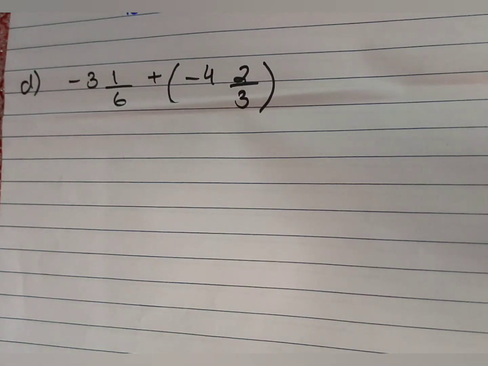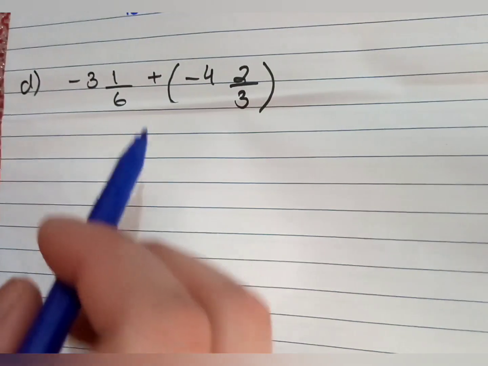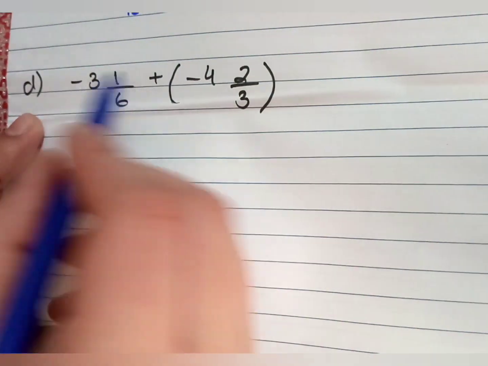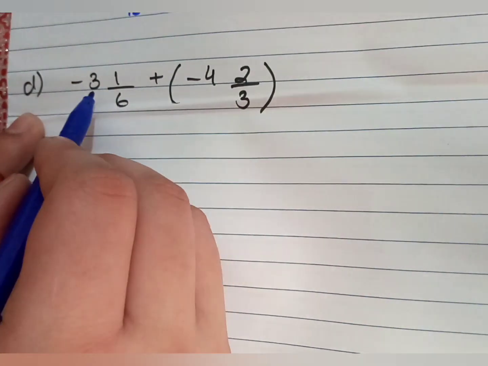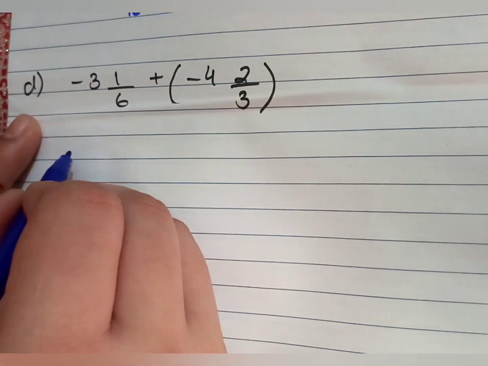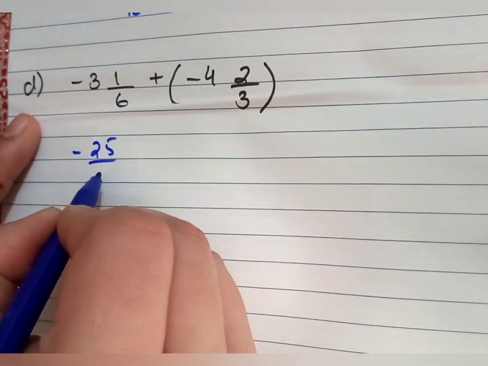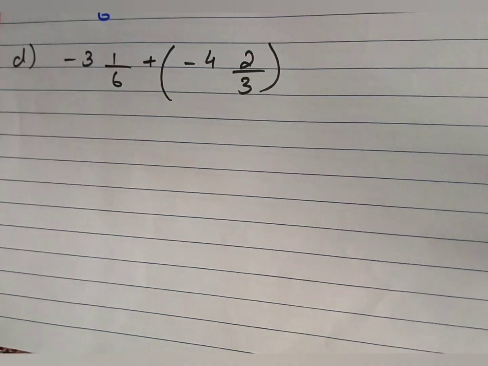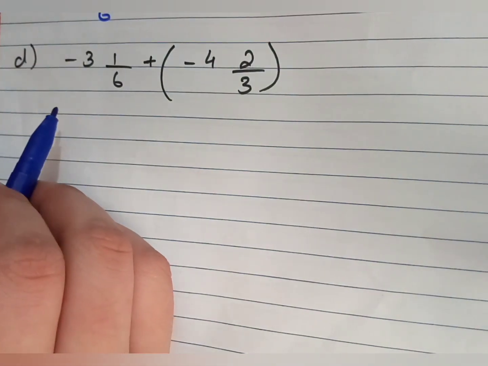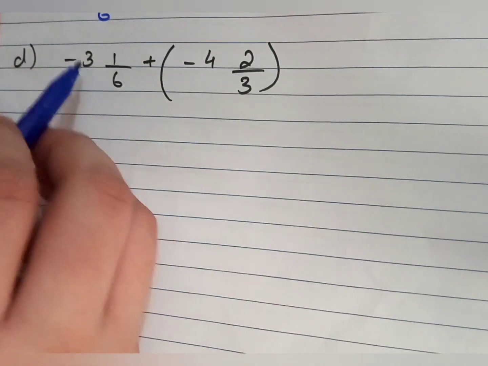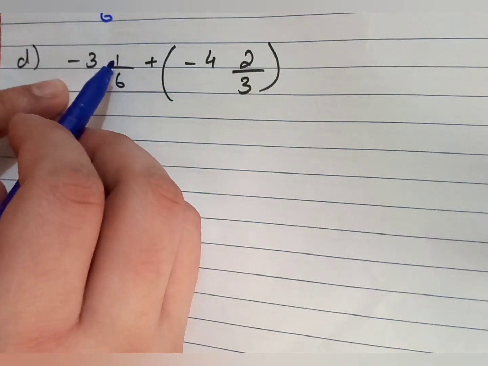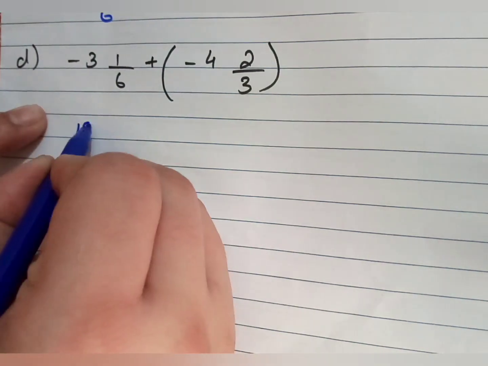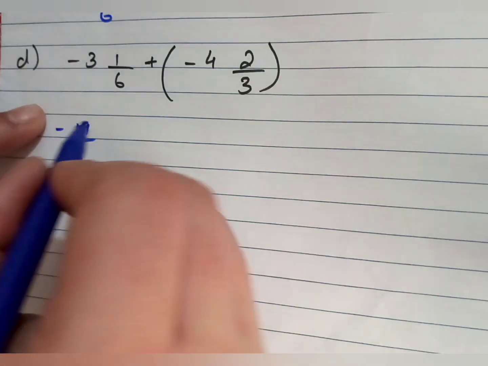Now part D of question 1, that is, alhamdulillah, the last part of this question. So again we'll solve these mixed fractions. 6 3s are 18 plus 1, 19. So 19 by 6. Put this minus sign.